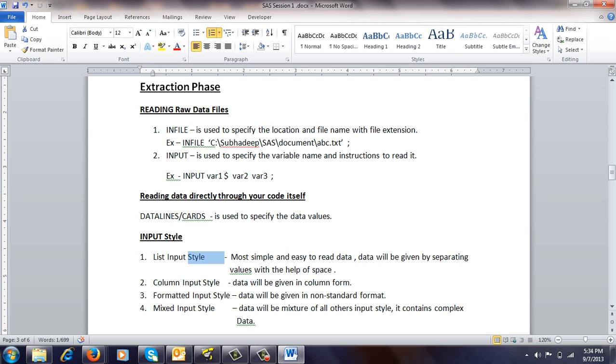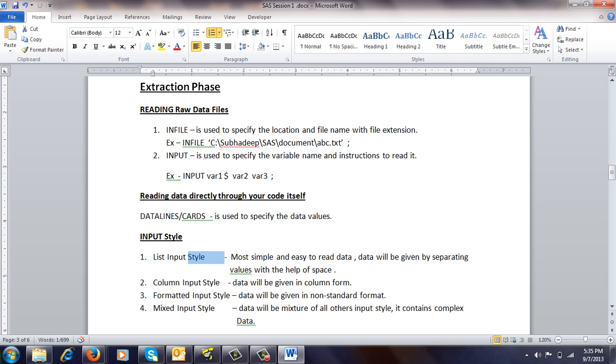Second is the column input style, when data is given in column form, that is, each value starts from a specific column position. That is starting from a fixed column position, called column form.